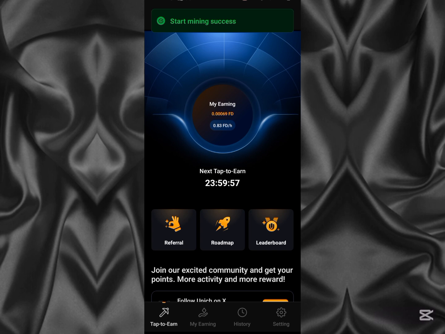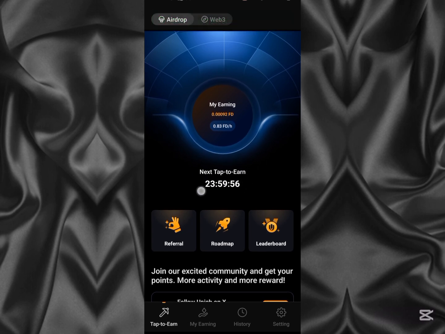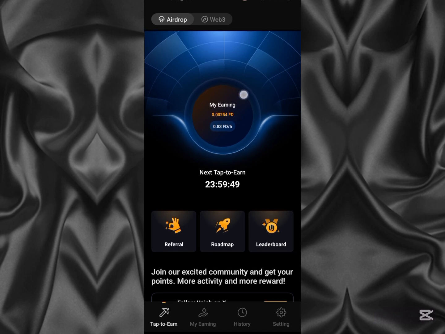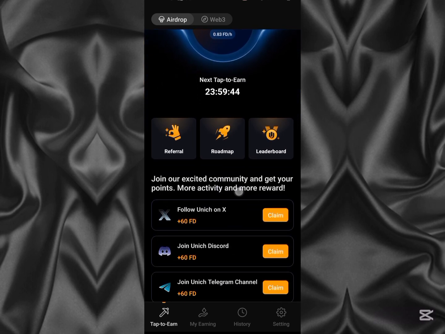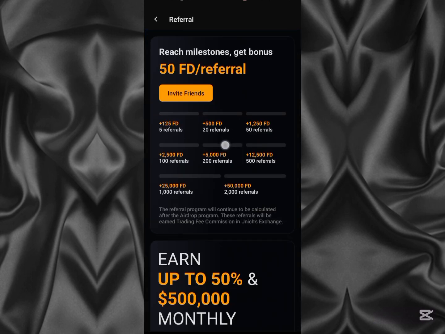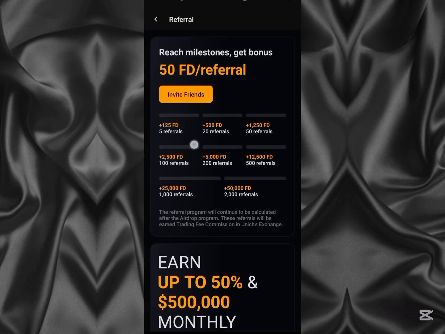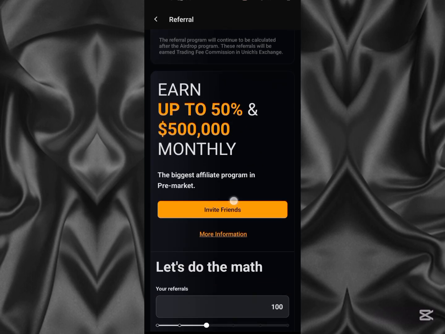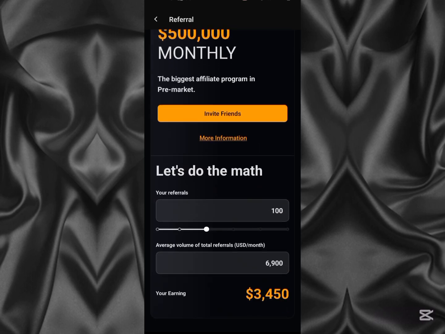So once you tap, you can see it's already mining, and every 24 hours you can come over and claim your mining points. Well, actually it automatically claims, so every 24 hours just come and restart the miner. Then you get to earn 0.83 FD per hour. It's still quite much. So over here you can get to see your referrals. You can get to see how many points you get per referral. So currently it's 50 FD per referral, and then this is where you can get to join the affiliates program